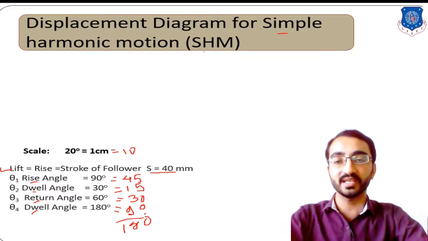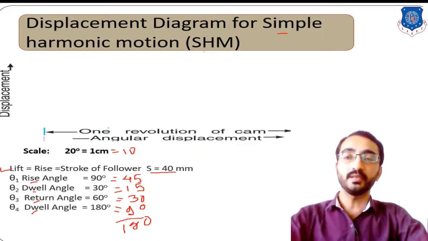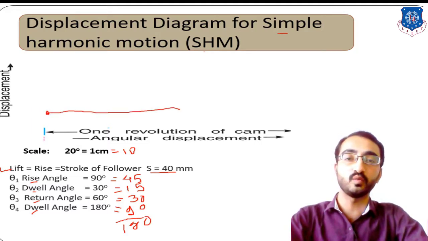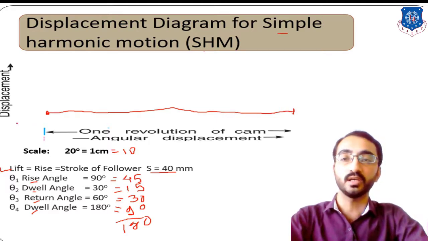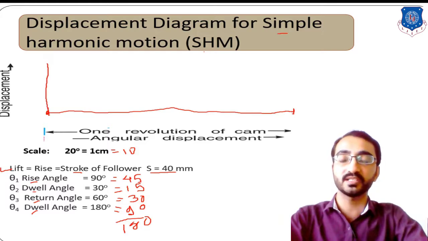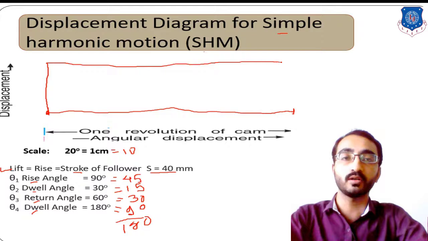First we sketch a horizontal line representing one revolution of the cam, with a length of 180 mm. The vertical represents the displacement, and the maximum displacement is the stroke, which is 40 mm. So sketch a 40 mm vertical line representing the displacement. Now complete this rectangle with a similar 180 mm horizontal line on the upper side, and the completing side of 40 mm stroke.